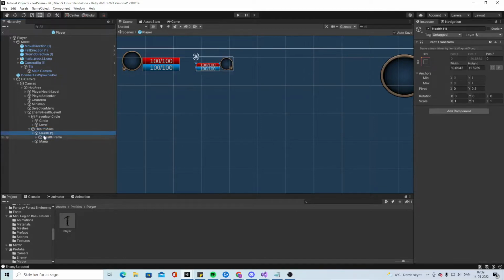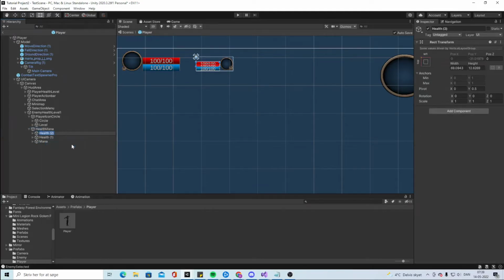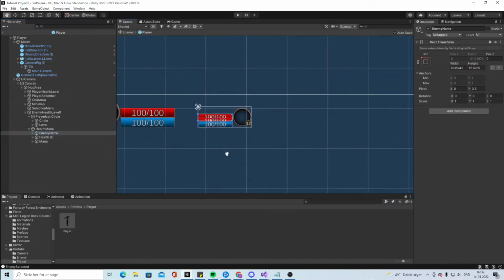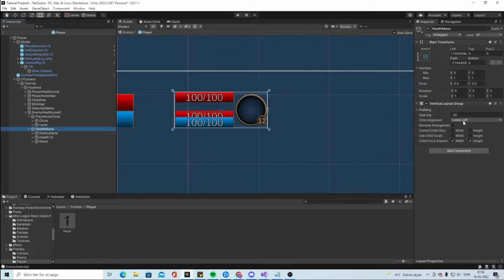So we have health and mana, and we're just gonna make one more, and we're gonna call this one enemy name, and put it at the top. So this one could do like this,